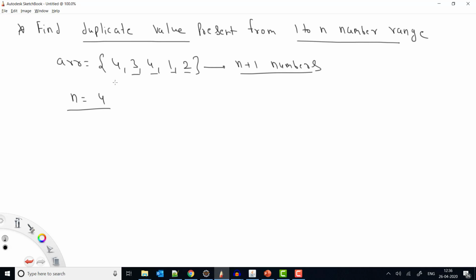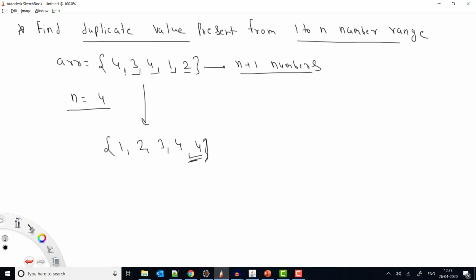Because we know that the numbers are in the range 1 to n, if I put all these numbers into their correct positions, then whatever number remains at the last position will be the duplicate. Let's say I put one by one all the numbers into their correct position. Correct position means the first, then second, then third, then fourth. Now the remaining number will be at the last position. So if you arrange it this way, I can say the last number will always be the duplicate number.